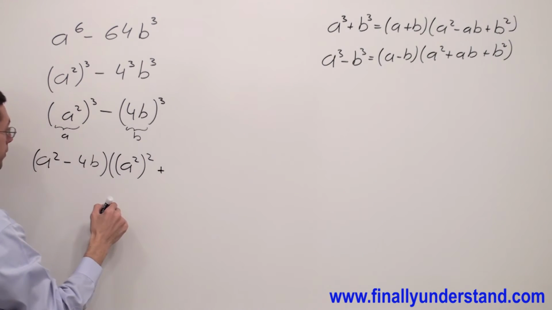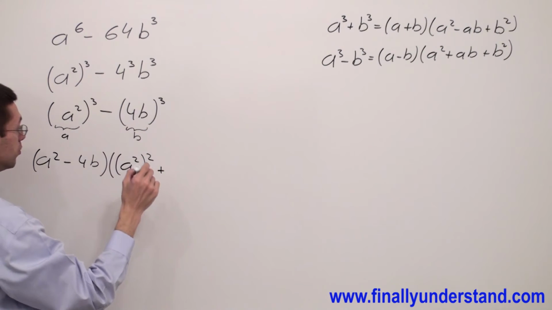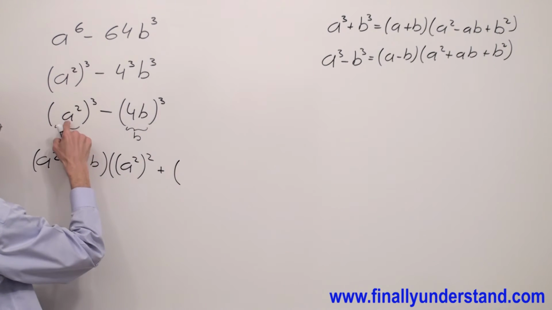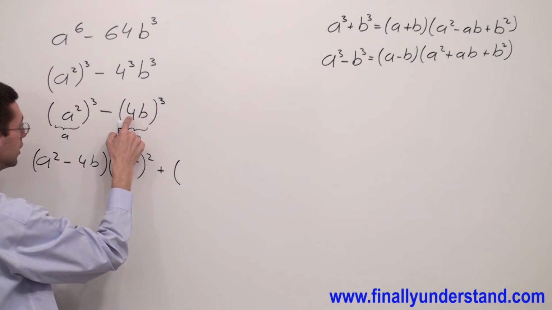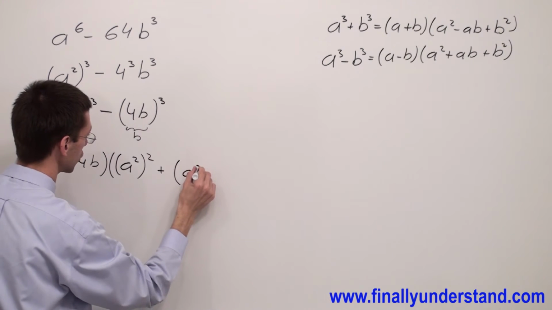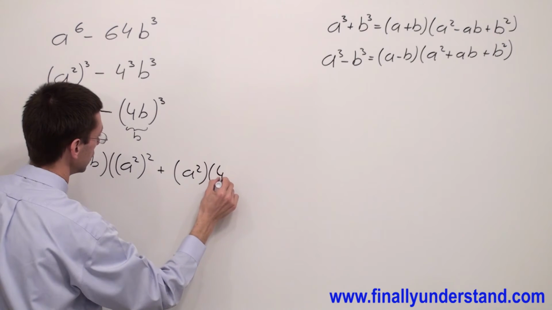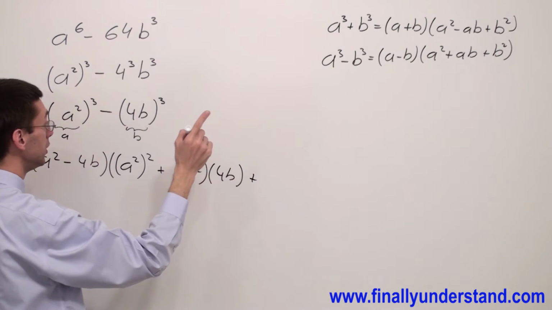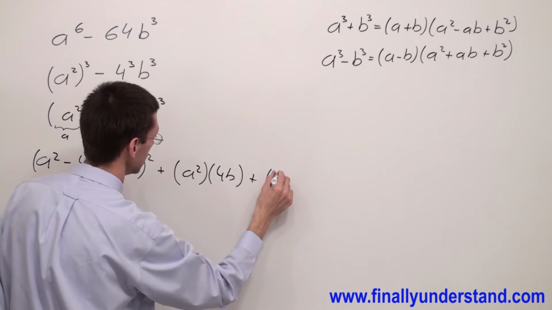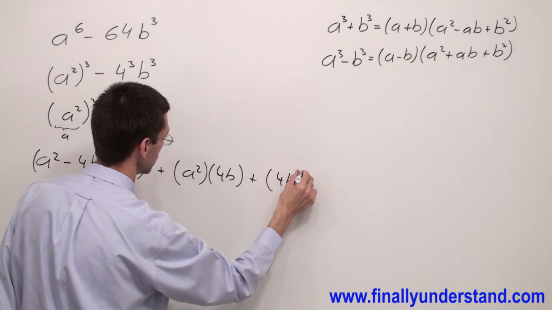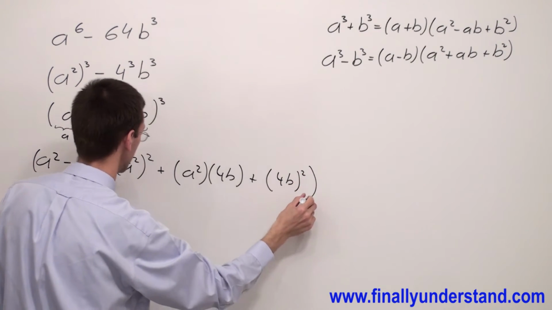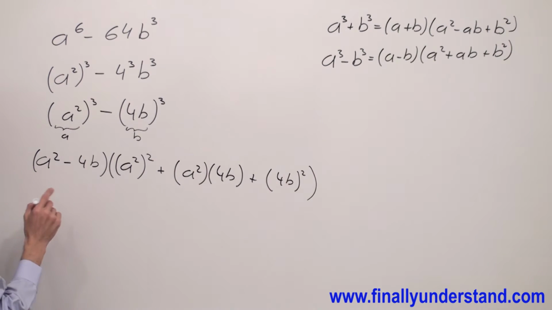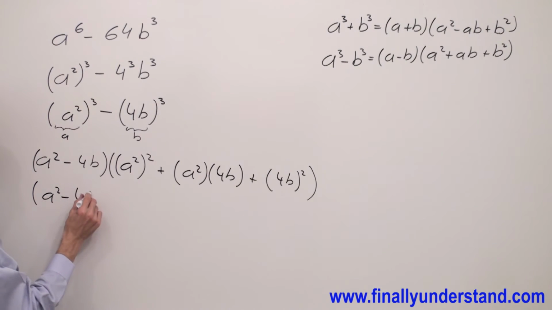plus a times b. My a is equal a square, and my b is 4b. I have a square times 4b plus b square. My b is 4b to the second power. Now let's perform the operations with exponents and multiplication, and we are going to have a to the second power minus 4b,